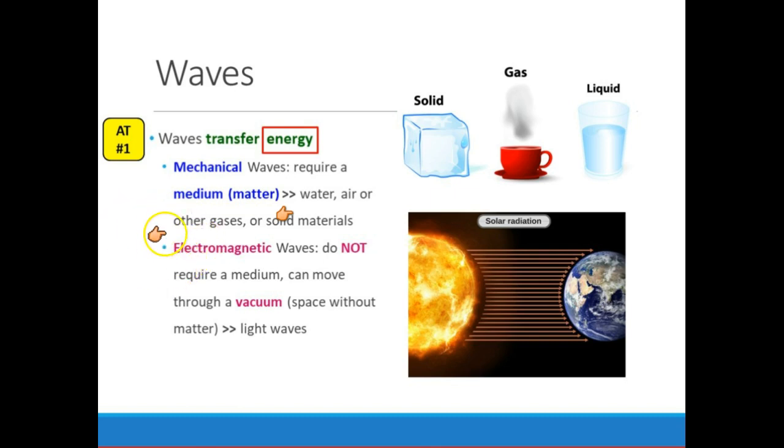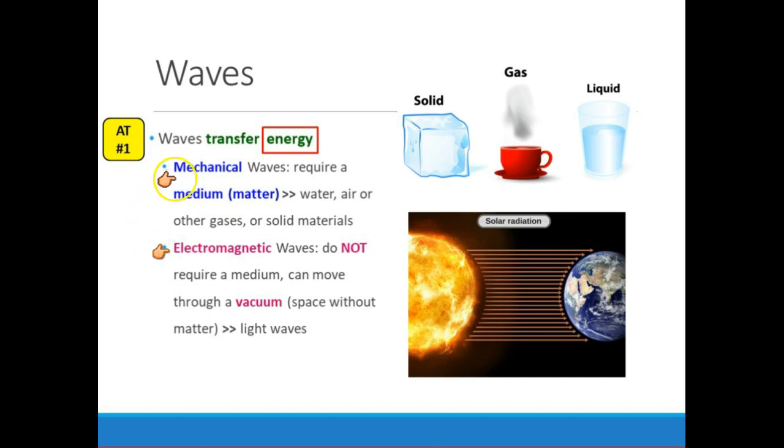All right, good. So the other type of wave, though, does not require a medium, which means that it can actually travel through a vacuum or an area where there is no matter, such as outer space, for example. Remember that there's nothing in outer space. There's no air, right? There's no water, right? If we're talking about outer space, not close to the Earth. But if we go past the Earth's atmosphere into outer space, there's no matter there. But somehow, right? The sunlight can still reach us, and sunlight is a type of wave, but because it does not require a medium, it's called an electromagnetic wave.